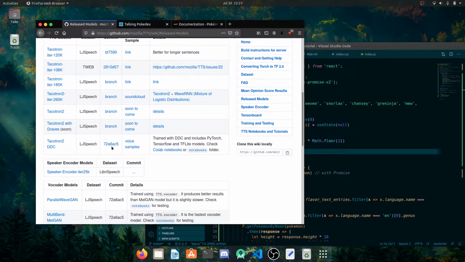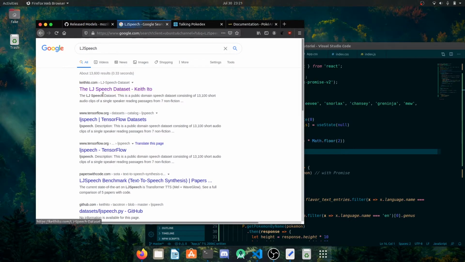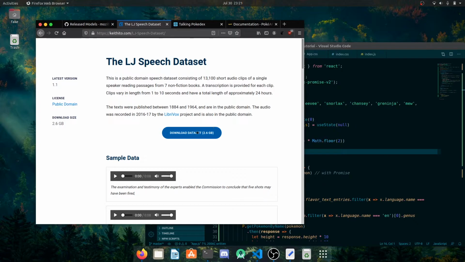The examination and testimony of the experts enable